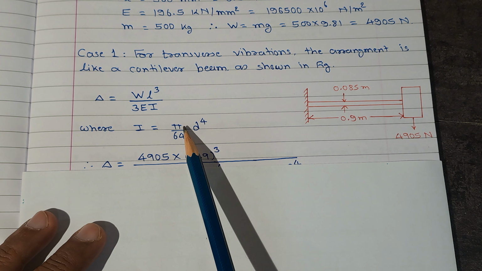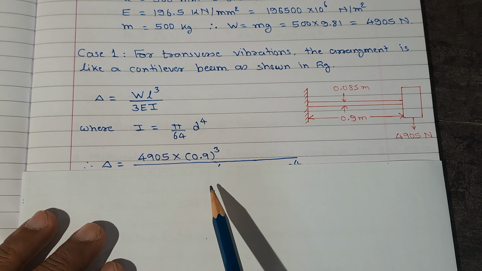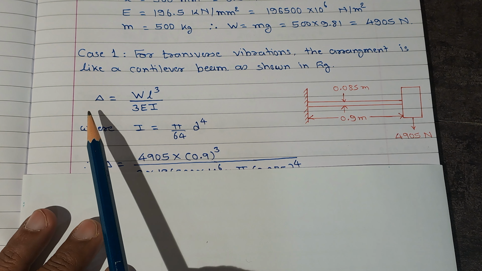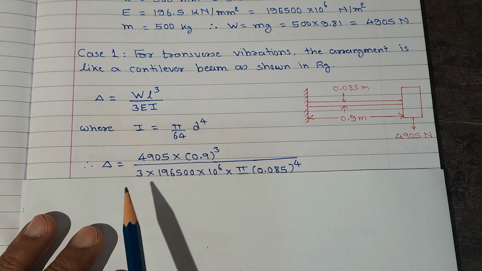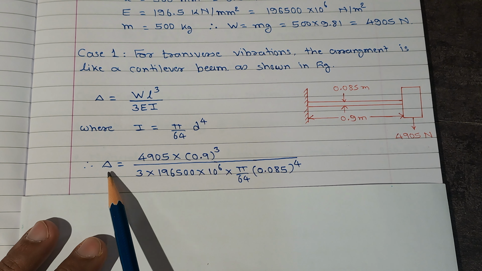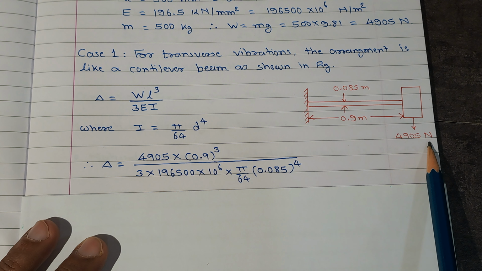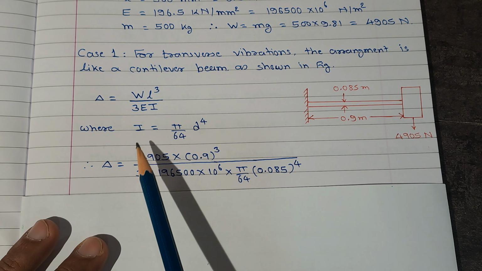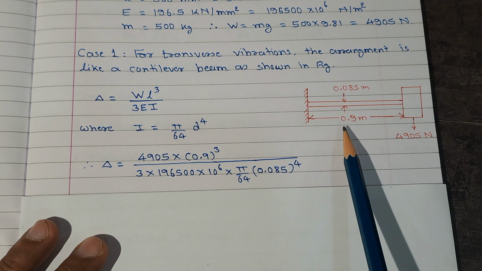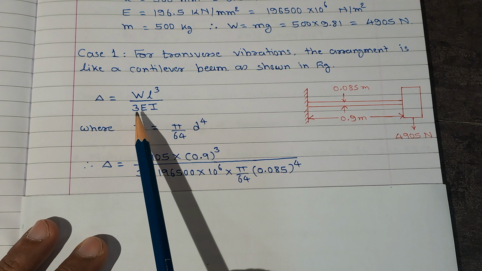So that is given by pi by 64 into d raised to 4. So delta can be calculated using this formula, and substituting the data, we find delta is equal to W, that is 4905 Newton, into L cubed, L is 0.9 meter, so 0.9 raised to 3 divided by